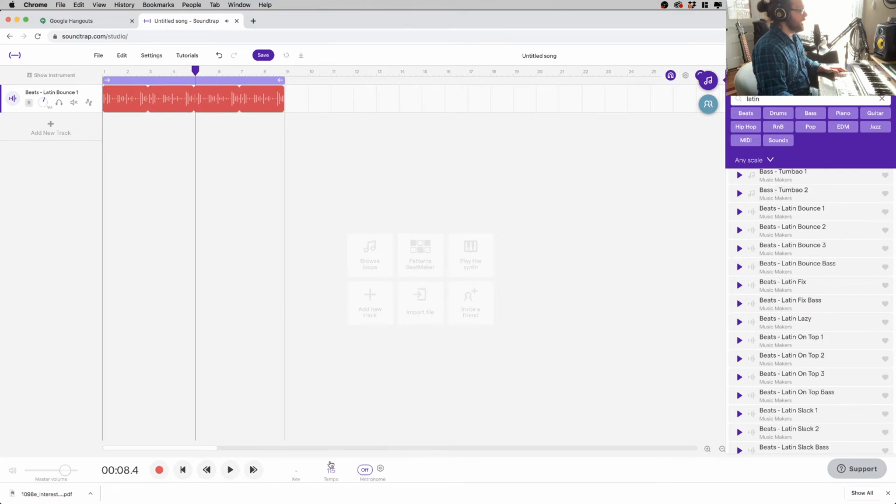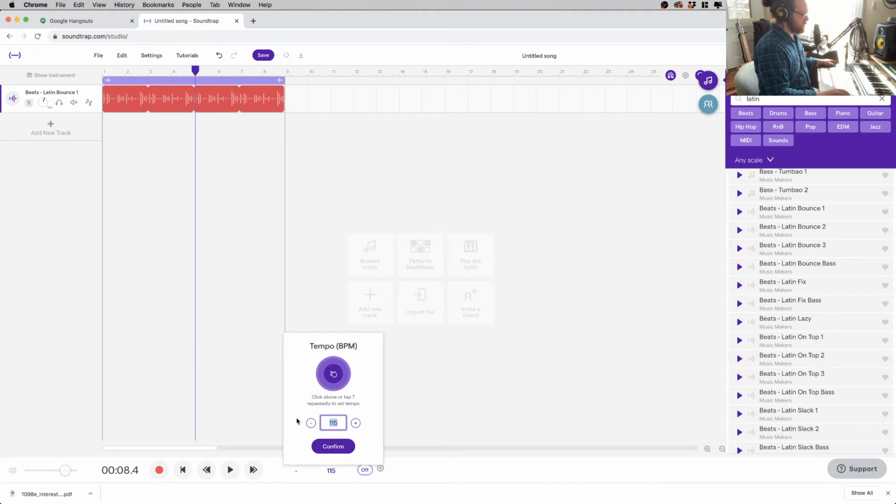I like that. So I think it's a little too fast. So in Logic, when we want to change our tempo, it's up at the top of the page. In Soundtrap, it's down here at the bottom. So we click on that. I'd like it maybe 94. And again, the higher the number, the faster the steady pulse, the faster the click. So if I type in 94,